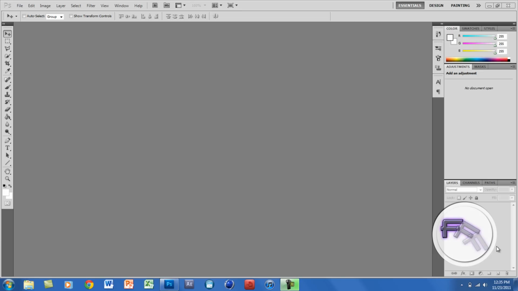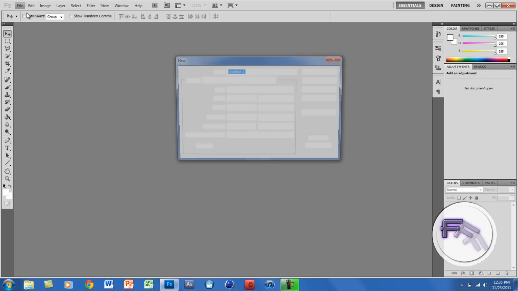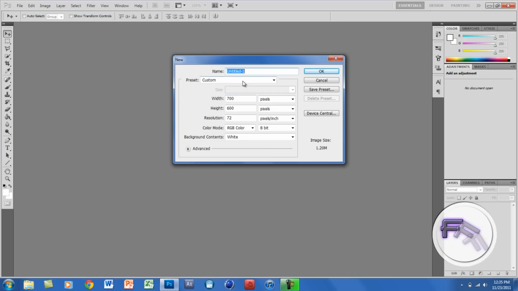Hey guys, today I will be showing you how to make a ghostly blur text effect. So let's begin. The first thing you want to do is go to File, New, and you want to name